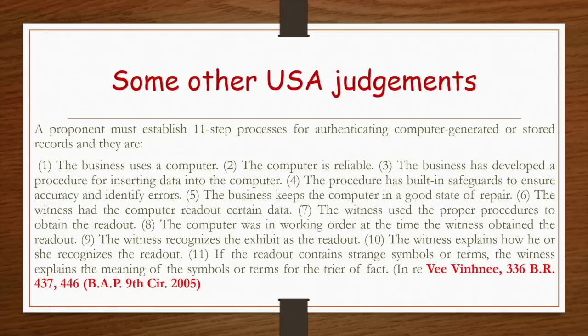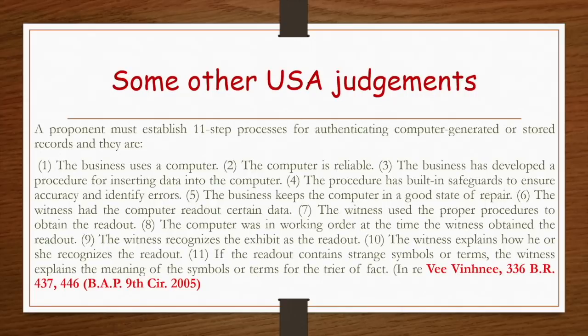Some other USA judgments are there. In the case of Vinhnee, the court observed that a proponent must establish an 11-step process for authenticating computer-generated or stored records, and they are: the business uses a computer that is reliable, the business has developed a procedure for inserting data into the computer, the procedure has built-in safeguards to ensure accuracy and identify errors,